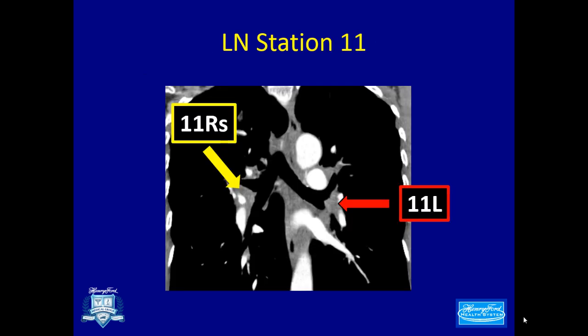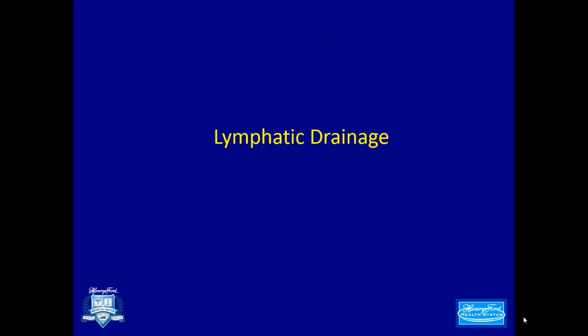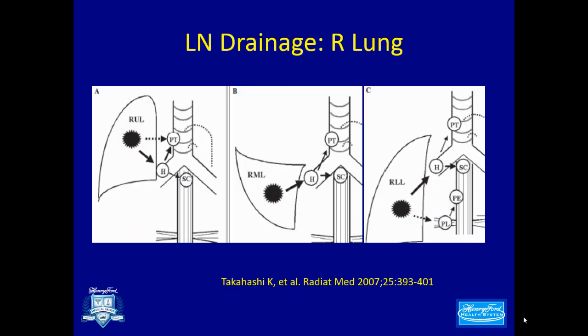Station 11 are superior, which is between the right upper lobe and the bronchus intermedius, and the inferior between the right middle lobe and right lower lobe, and station 11 left between the left upper lobe and the left lower lobe. Important to know that lymphatic drainage. This is just to see. There was this